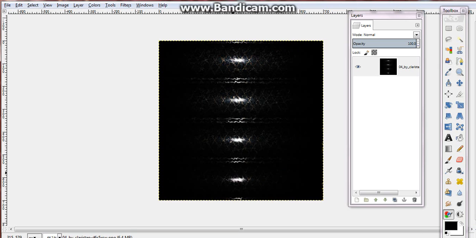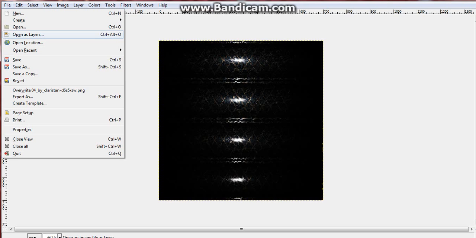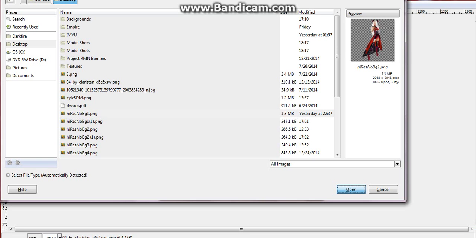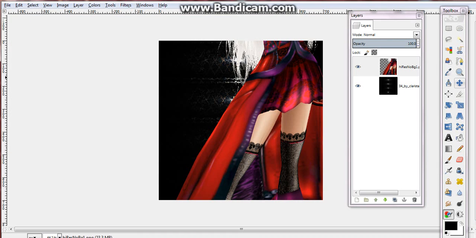So once you've done that, we're now going to go get our screens, or what that's short for, High Res No BG. So we're going to go to File, we're going to go Open as Layers, and we are going to pick out our screens. So I'm going to pick mine, and mine's